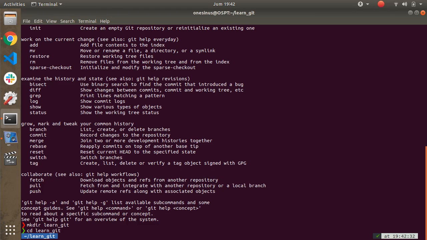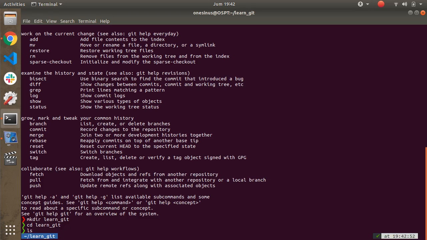If you never pushed your code or your project to a repository, you need to initialize Git first. We will create one file, let's say code.txt.